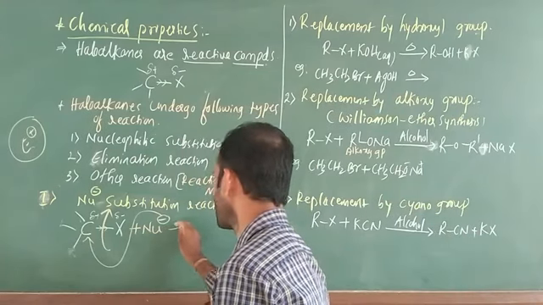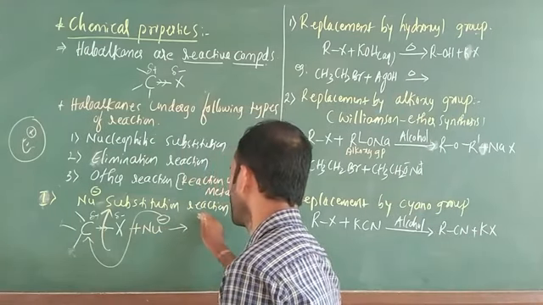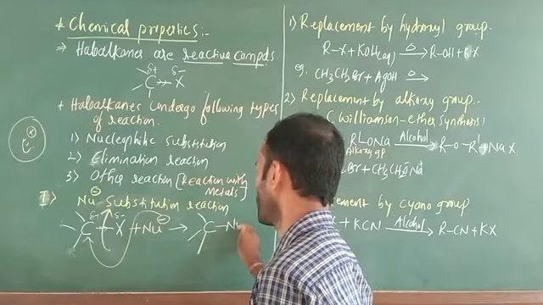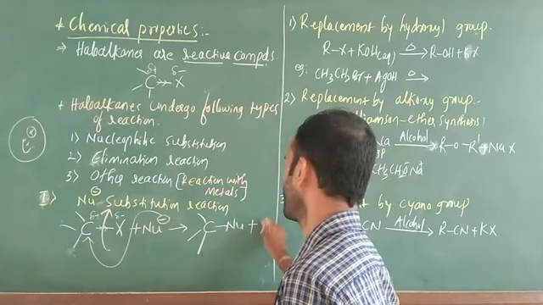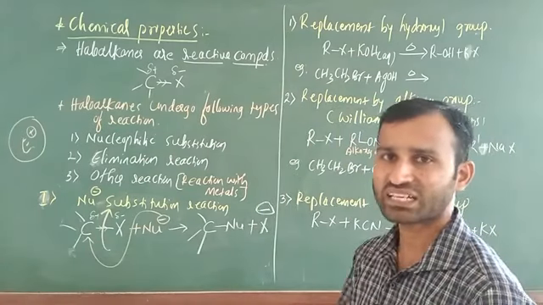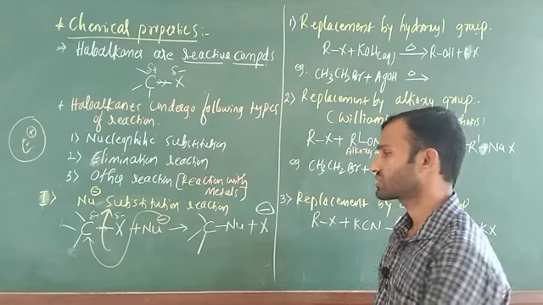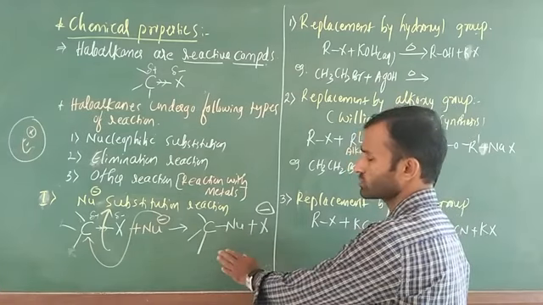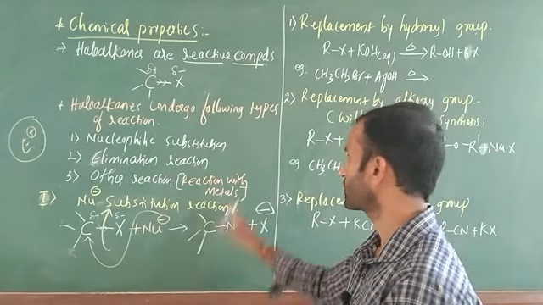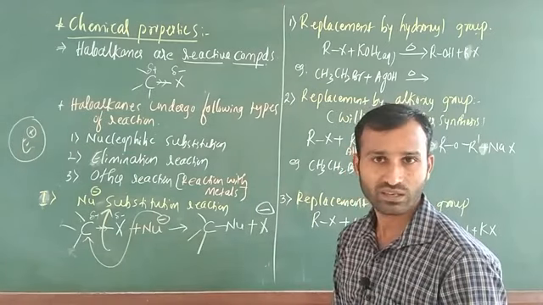The product is a carbon attached with three CH3 groups and the nucleophile, plus the release of X minus. This is the standard reaction for nucleophilic substitution. Most important, bear in mind, make it perfect, because if you know this one, the next thing is very easy.